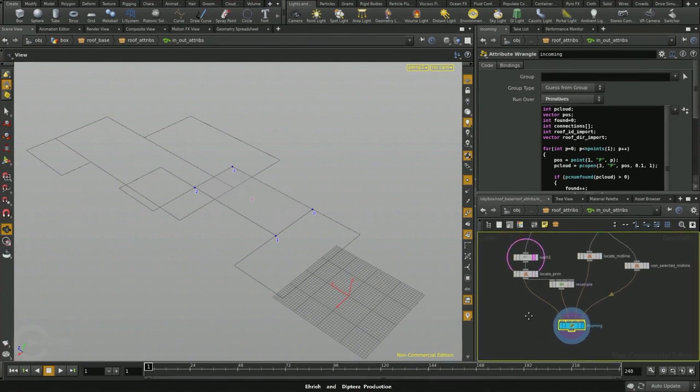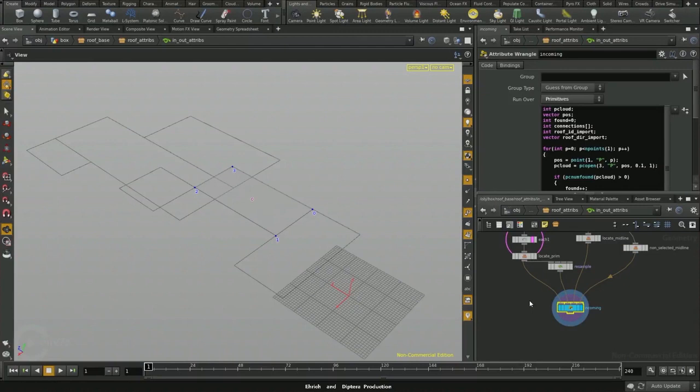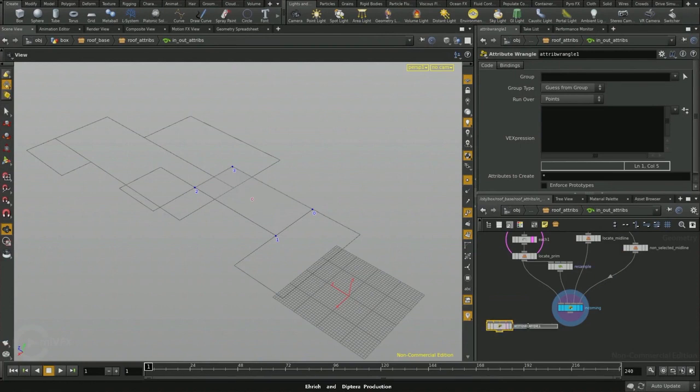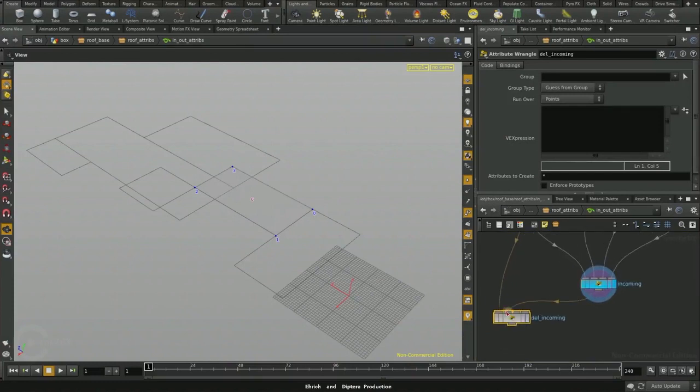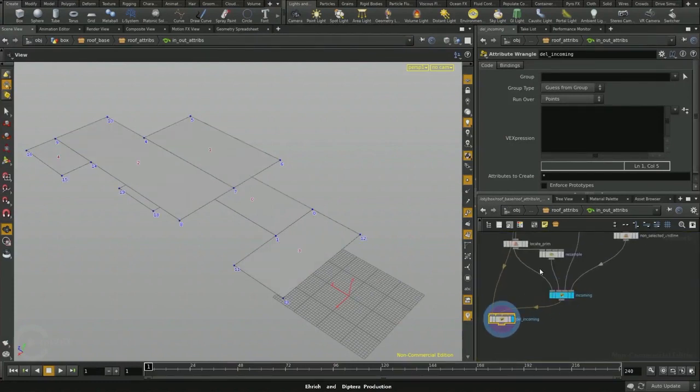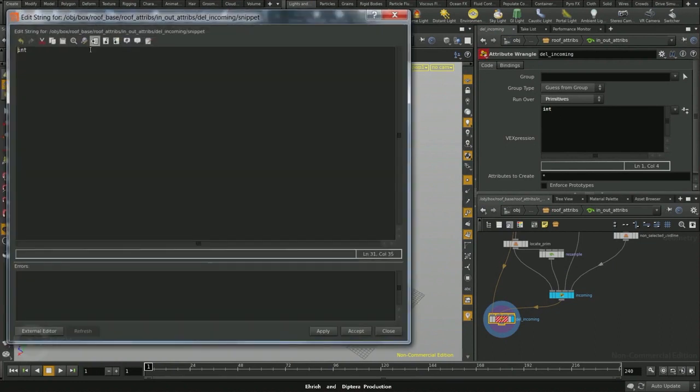So the next step is to assign the outcoming. However, before we do that, we need to delete all the incoming primitives, so they're not accounted for. For that, we will need another wrangle. Let's call it delete incoming. We will run it over primitives, and we will say that there is an integer array called incoming, and we'll just grab it from the first index, called incoming 0,